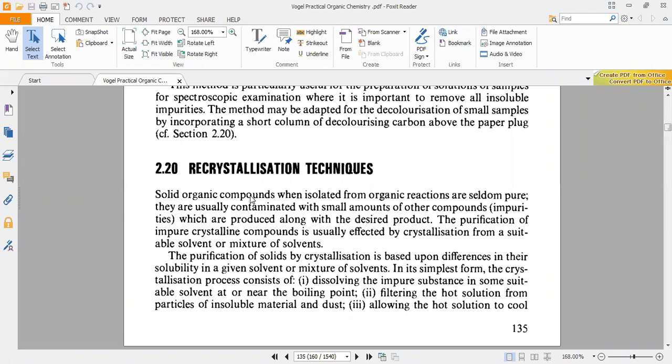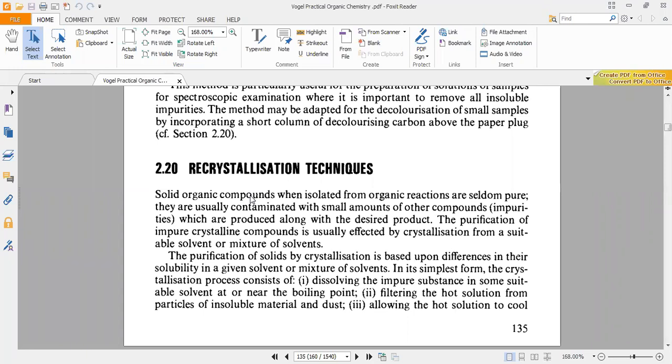Sometimes the compounds are solid but have a low melting point, like 50, 60, 70. If the boiling point is below 100, we can distill them off, which is called steam distillation. We pass steam through this mixture of compounds. They must have a boiling or melting point less than the temperature of steam, normally 105 to 110. So if you have a solid with a boiling point around 70, 80, 90, or a mixture, we can very easily purify that with the help of steam distillation.